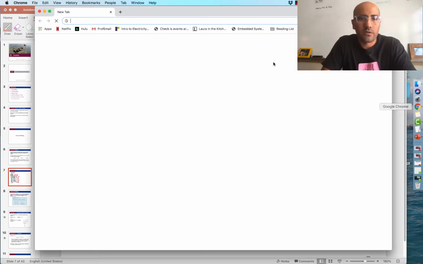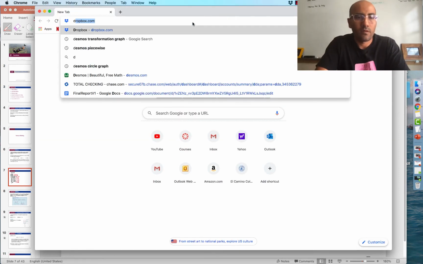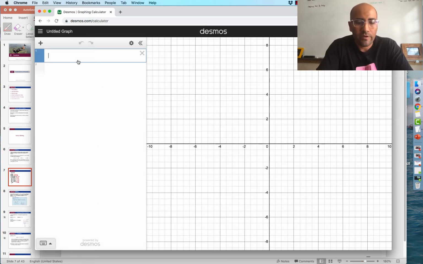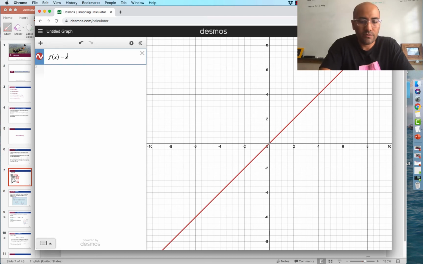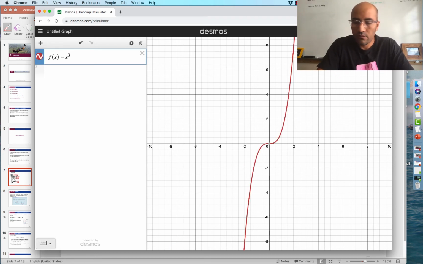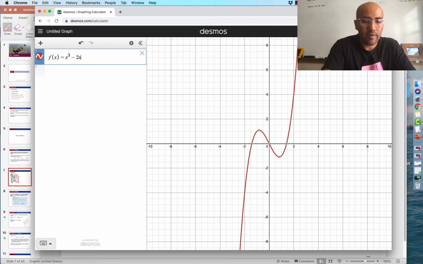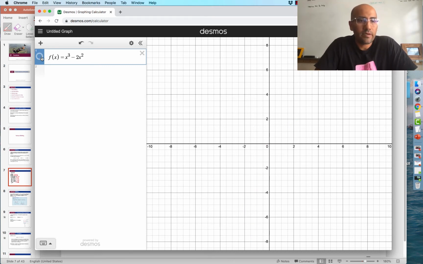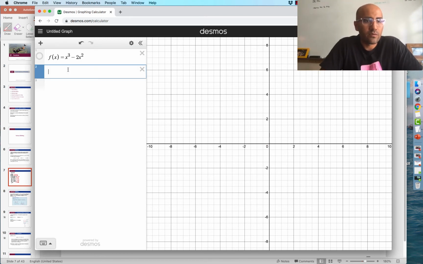Okay, so let's go to Desmos, desmos.com, graphing calculator. Okay, so let's define our function. F of x equals 2x to the third power minus 2x to the second power. Okay, and I guess I kind of ruined the punchline there, but let's begin by creating a table